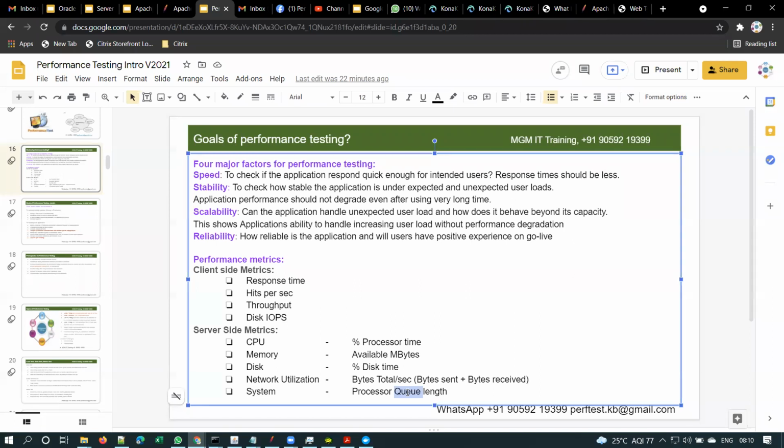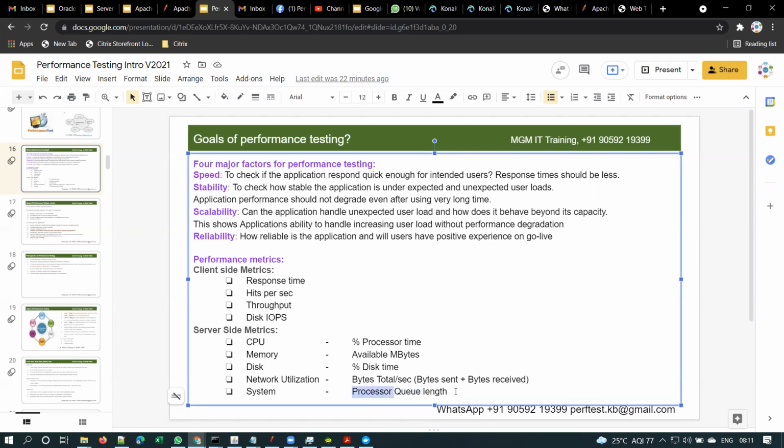Just correlate this with the movie theater example. Suppose there are 4 counters available. If 4 people came, all the 4 people can be served simultaneously, isn't it? If there are more than 4 people, they have to stand in a queue, right? So if there are 5 people in the queue, then the queue length is 5. In the same way here also, all the processes which are waiting in the queue give you the processor queue length. Is it clear, guys?